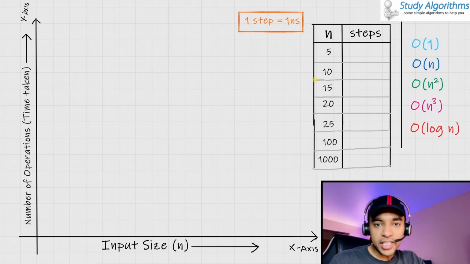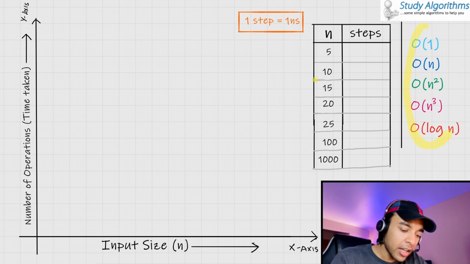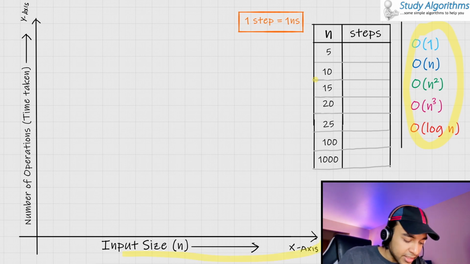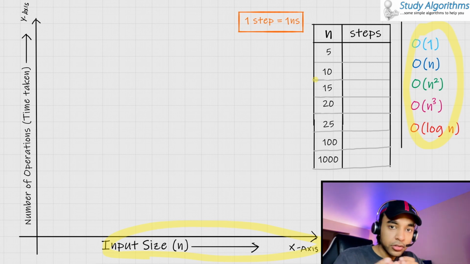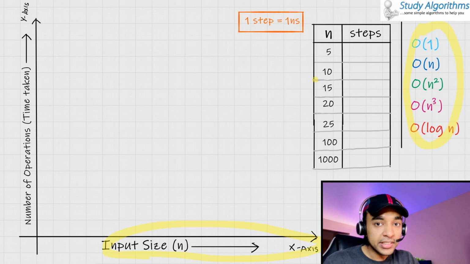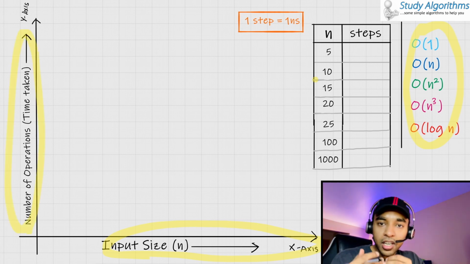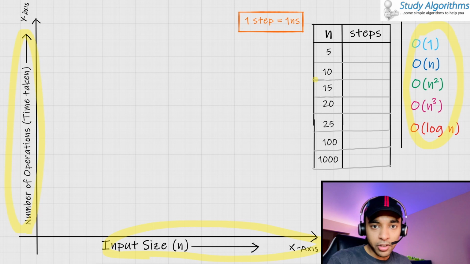To start off this example, let me explain the entire setup first. Over here, I have all the different kinds of big O notations we would be representing on the graph. On the x-axis, we have the input size. So if you move along the x-axis, you are increasing the input size. And on the y-axis, you have the number of operations an algorithm is taking. So on the lower half, an algorithm is taking fewer steps, and moving forward, your algorithm is taking more steps.